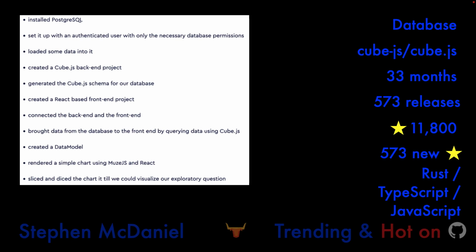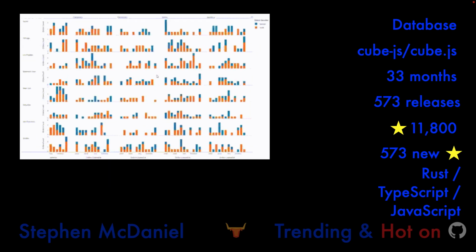So an example on the Cube website is to install PostgreSQL, set up some users, load some data, create a Cube.js backend project that connects to that PostgreSQL database, and generate a schema. Then they created, in this example, a React-based front-end project that's going to mimic the look and feel of Tableau. They connected the backend and the front-end, brought the data forward, created a data model, and did some charts in Vue.js and React. So here's what they were able to create in that workflow.